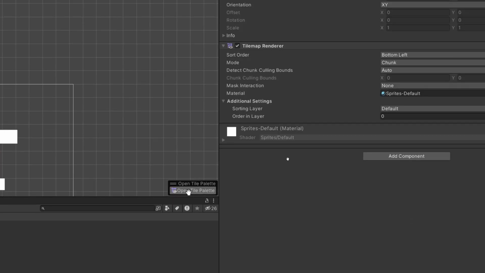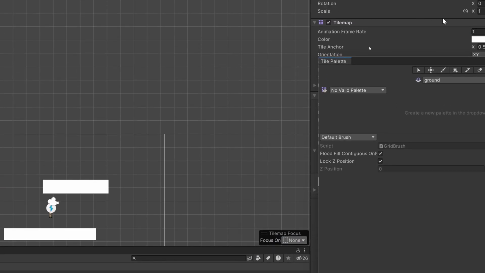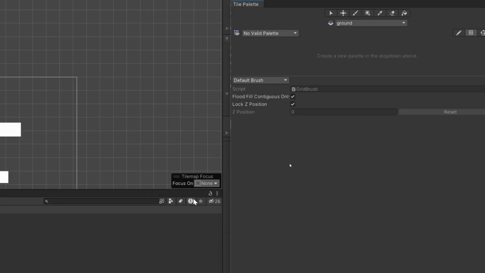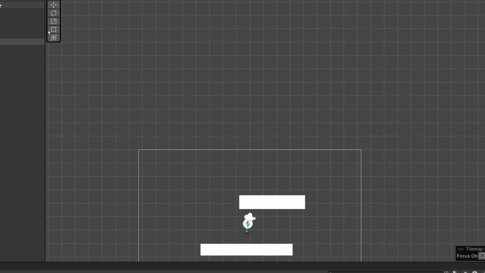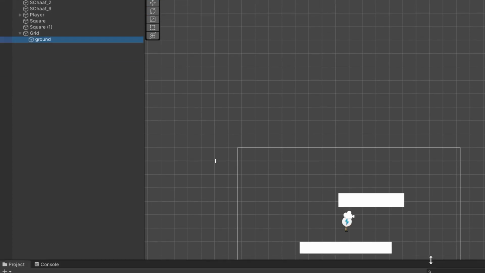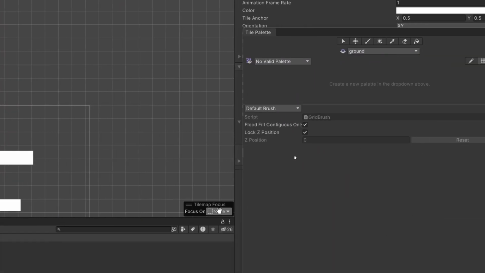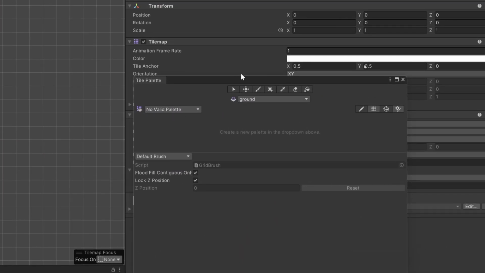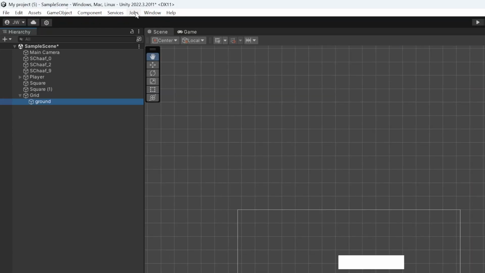Now the next thing I need to make is a tile palette that holds all the stuff. So now that I have this grid and I put a ground tile map on it, I went over here to where it said tile map and clicked open to see a tile palette. The other way you could get to tile palette here is if you go up to window,